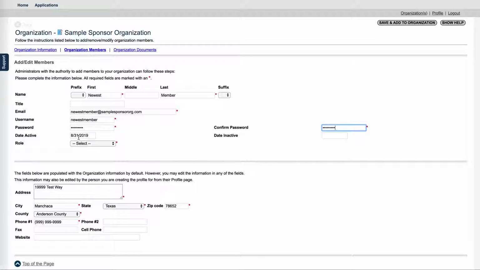For the date active, we'll leave it as today, and then we're going to select a role for them. Now this is important. You want to probably by default select the sponsor staff role for most of the people that you add to your organization. Now, even though this means that they can't generate a grant application, you can add anyone in your sponsor organization